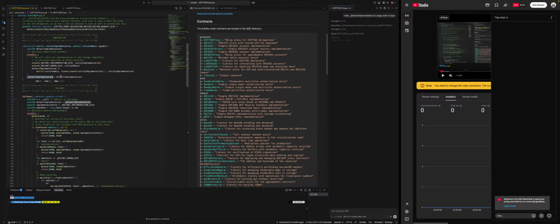I don't understand the usage of this. So okay, implementation slot,